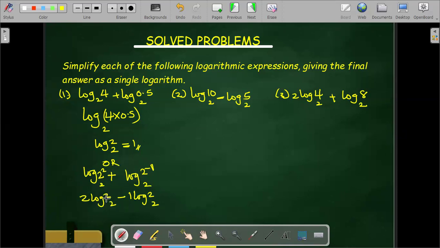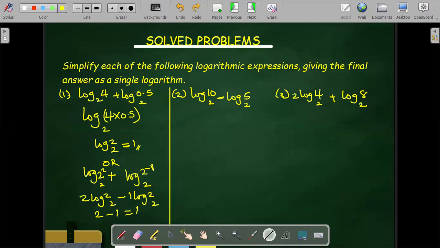And we have learned that the logarithm of a number to the same base is going to give us what? 1. So this is technically 2 times 1, and this is minus 1 times 1. So we have 2 minus 1, which will still give us 1. So whichever approach you follow, we still get the same answer. All right, now